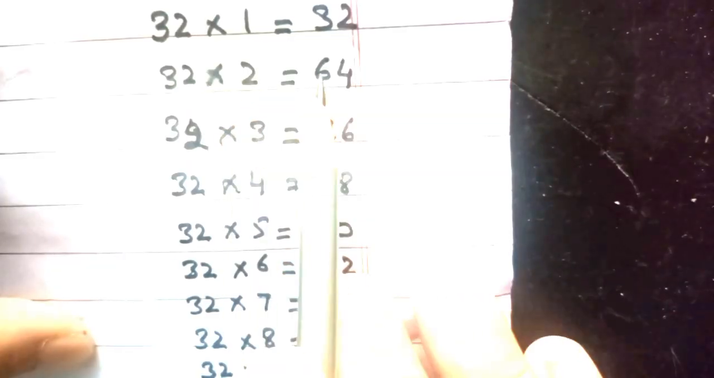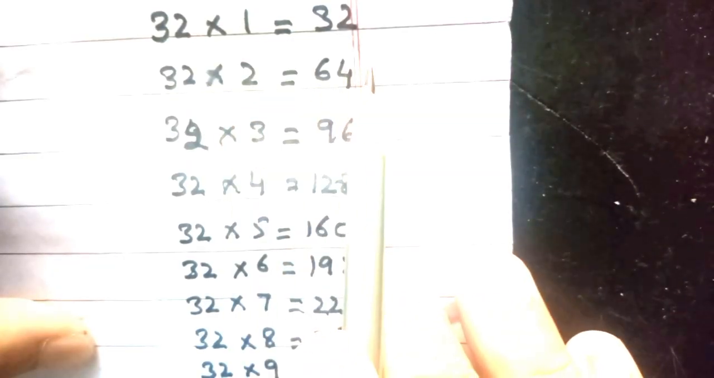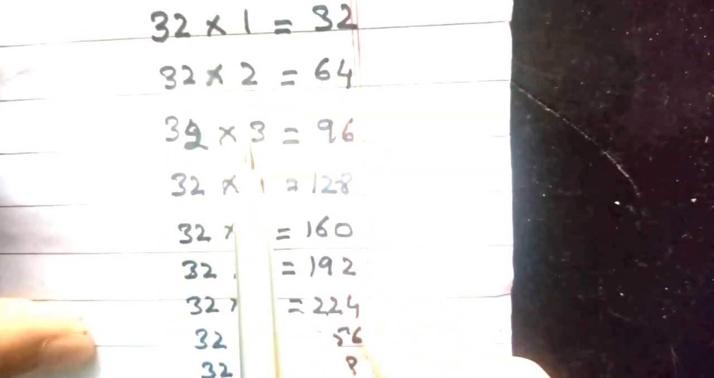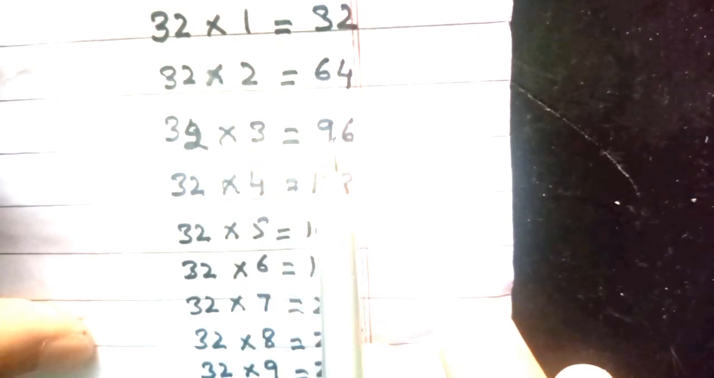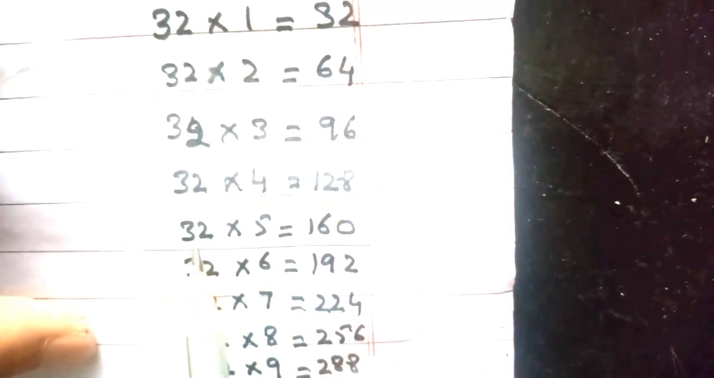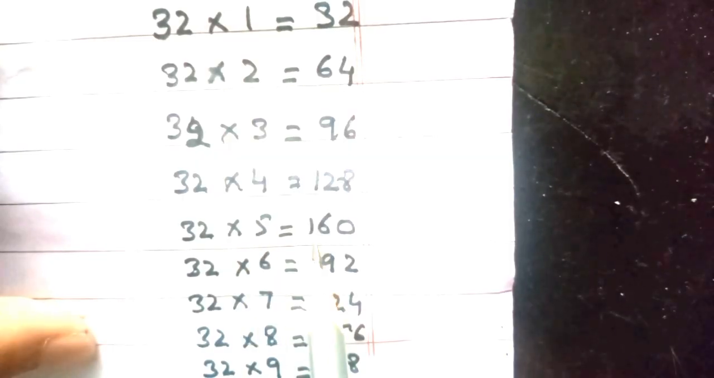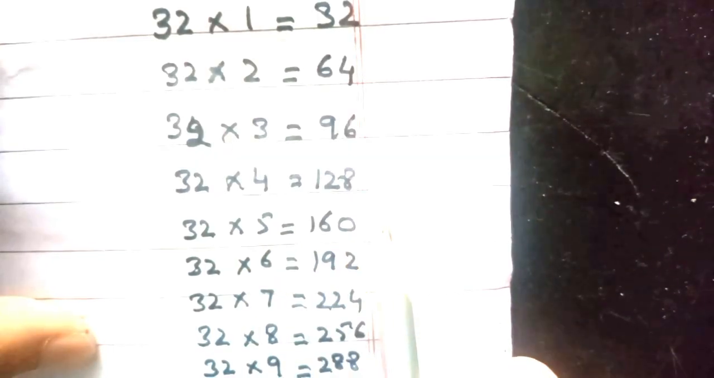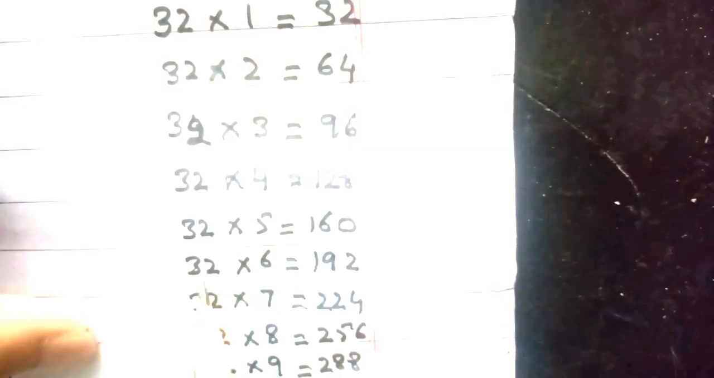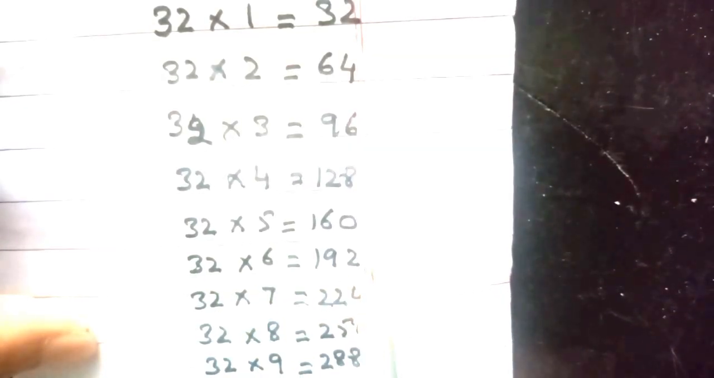32 ones are 32, 32 twos are 64, 32 threes are 96, 32 fours are 128, 32 fives are 160, 32 sixes are 192,